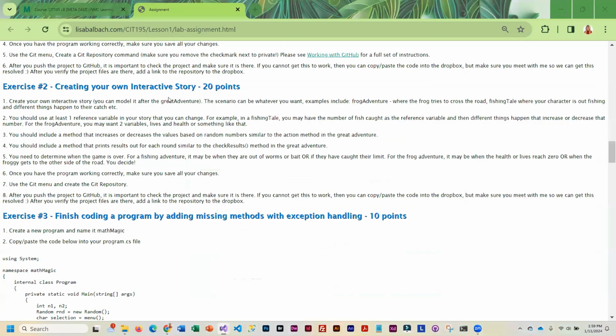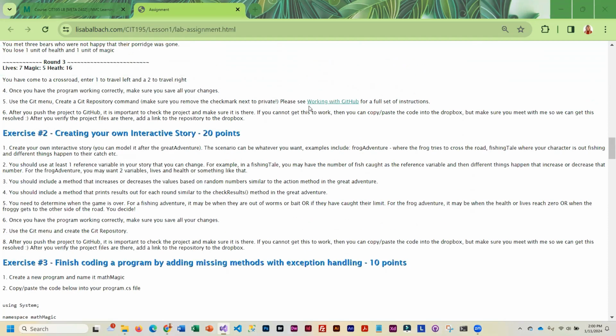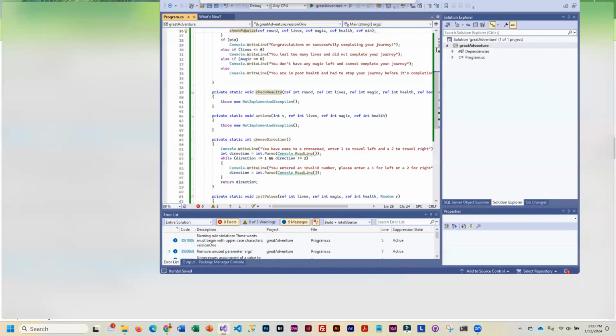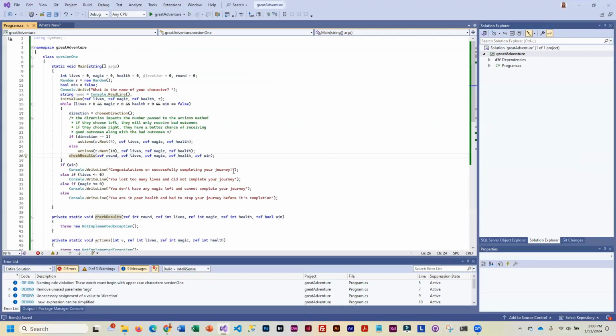Your second exercise, you're going to create your own interactive story. You have an interactive story that I've given you, and now you're going to do your own. And I should mention that all of these need to be put in GitHub. So, assuming that this is completed, which it is not, but assuming it was, I'd go up to